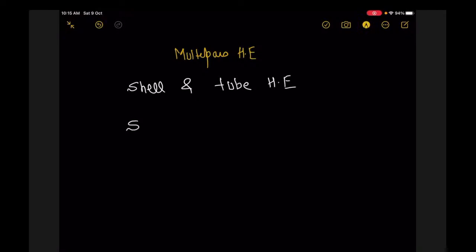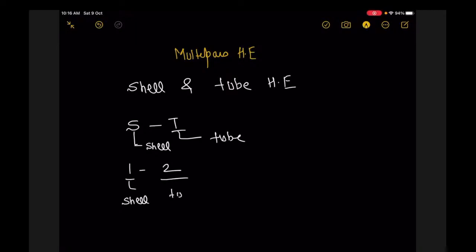So here, the first part will represent the shell, the second will be the tube. So if it is 1 and 2, it means that one shell